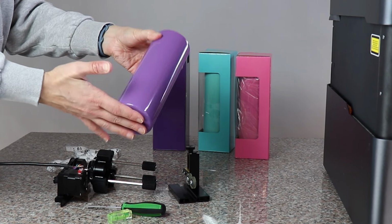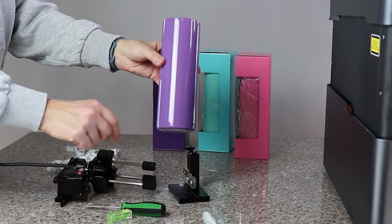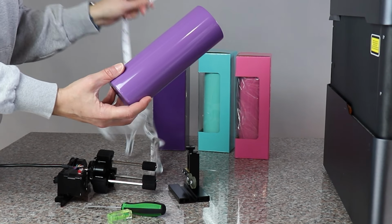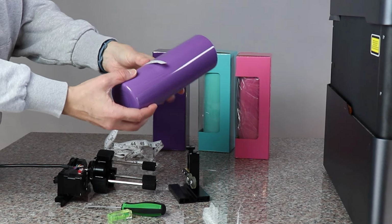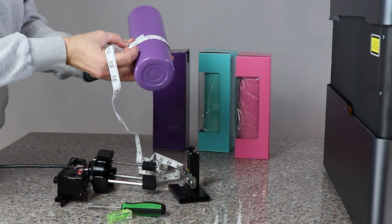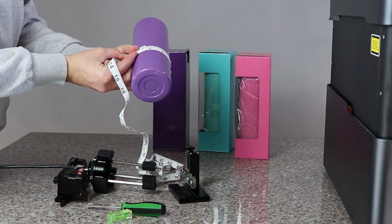Let's measure this right away. So there's 2 measurements you want to have. And I'm going to measure mine in millimeters because that is what I'm working with in the software. I am going to measure all the way around, which is the perimeter. And so my perimeter is roughly